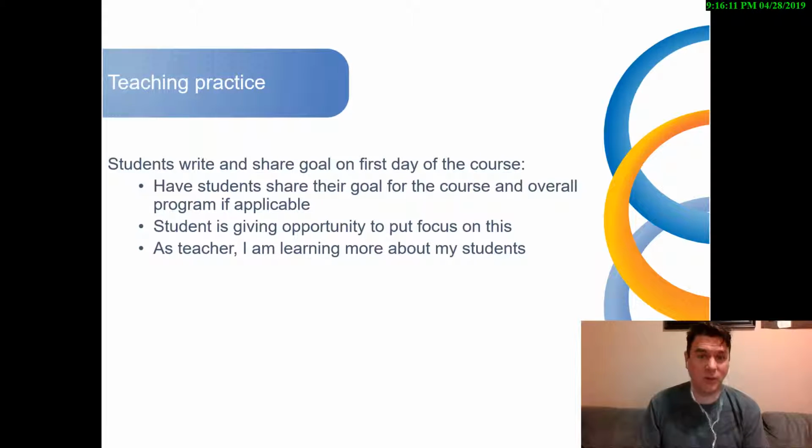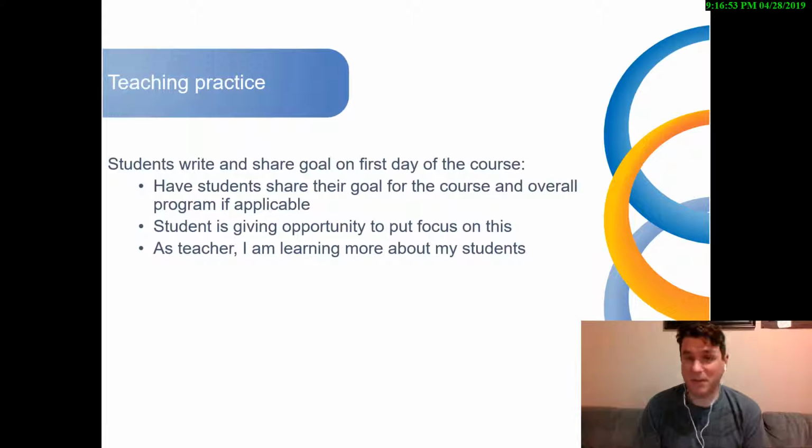And then I get to actually learn more about my students. I get to learn what's driving them to take the course, and potentially what they're really passionate about, because a lot of them share what they're looking to accomplish by completing the program, and why they got into the program. Some of them were working and, for health reasons or maybe just being laid off, had to come back into the workforce in a different way, looking to change their path or what they want to do.